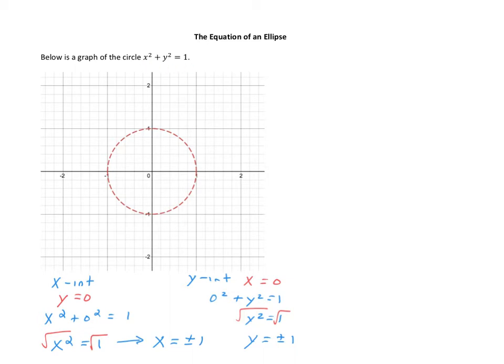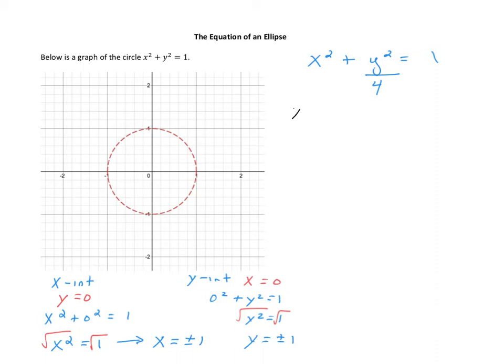All that being said, what if we make a slight adjustment to this equation? So the equation is x squared plus y squared is equal to 1. Well, what happens if I, let's say, divide y squared by 4? This will no longer be the equation of the circle just because I have a new number under the y squared term. But what will this equation look like if you try to graph it? That is, what if we try to find the x and the y intercepts? Where will they be located? Let's start with the